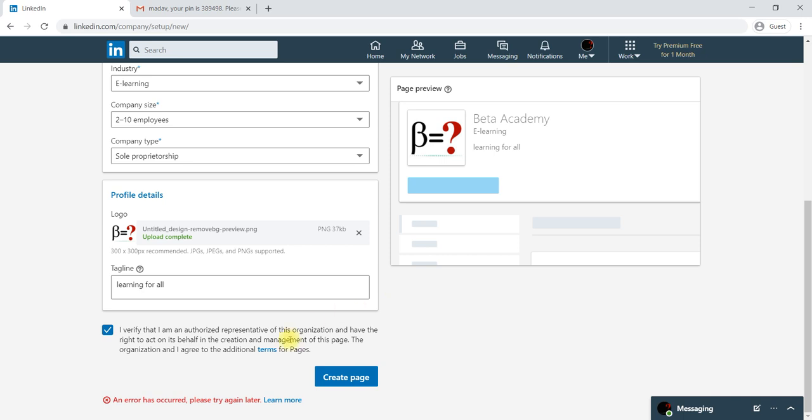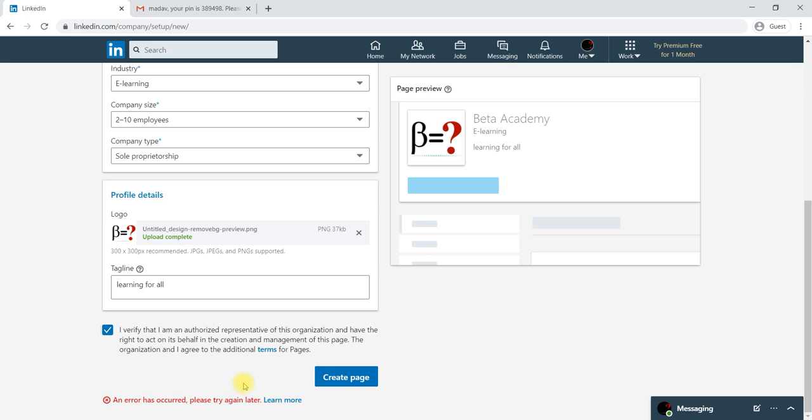Okay, here you will get an error. You will get an error because you need to have at least 30 connections to create a company page. We'll show you how to create it once you have 30 connections.